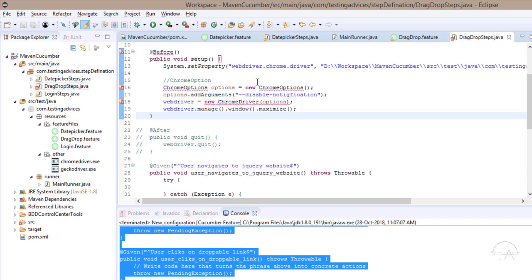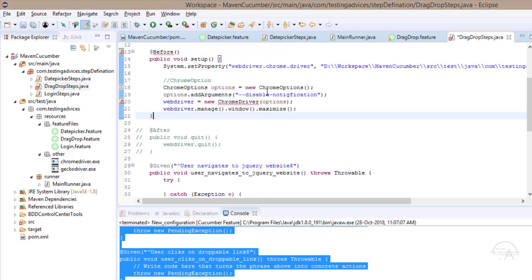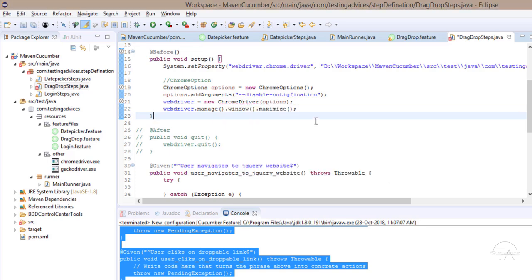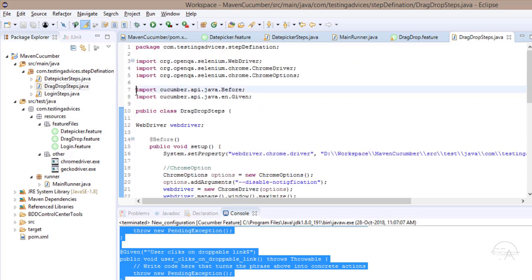Okay, now import these hooks. Done. Okay,